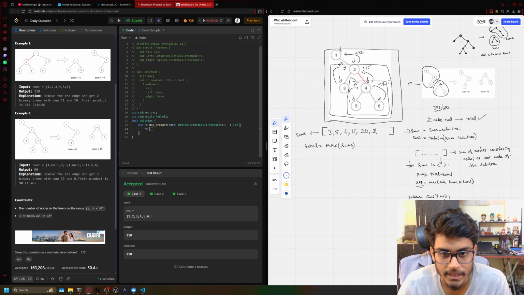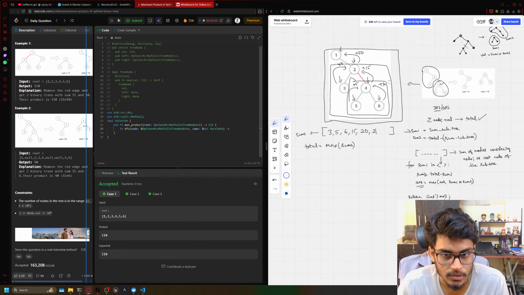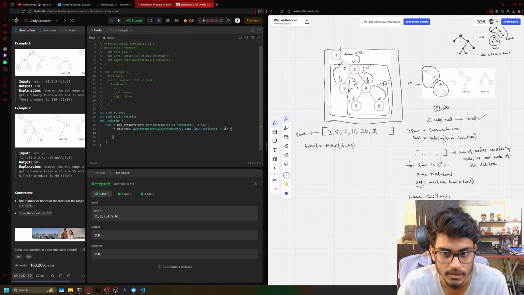So I'll first code the solution in Rust, and then we will discuss the time complexity. First I will create a DFS function. I'll say DFS node, and I will take an option because I will just take the definition of this node here. Then I will have a sums array, which will be a mutable pointer to a vec of i64. I'll expand this to here, and it returns i64. Now I'll say if let sum,